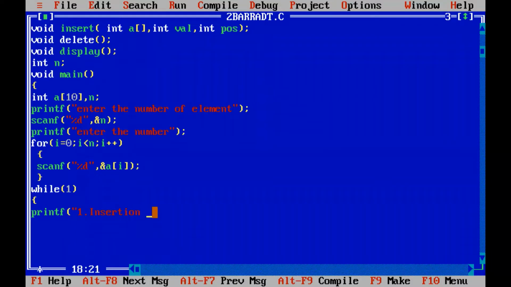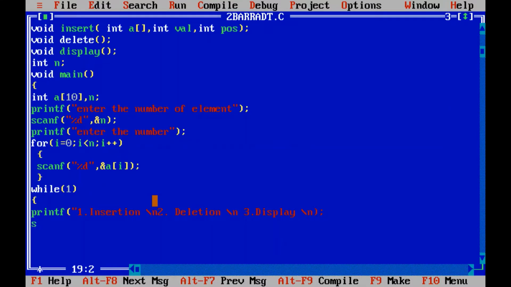So for the menu, what all we have to give? First menu, we will show insertion. Second, we will show deletion, the second operation. And third, we will show display. So these are the three things which we will be showing, and after that we can ask the user to enter the choice, right? You can either give it in the same line or in the next line.